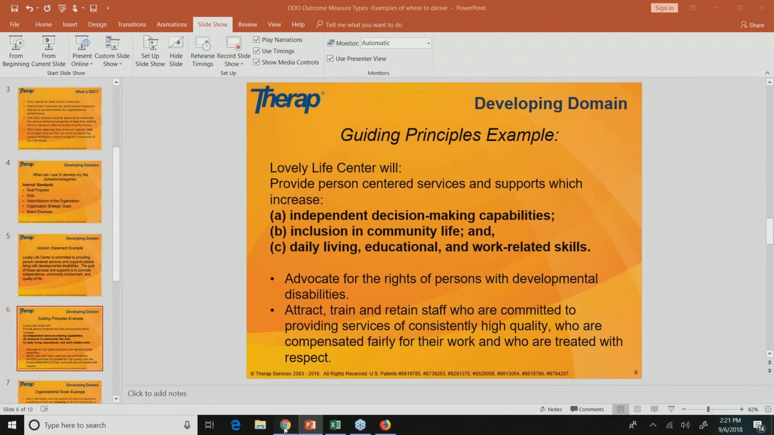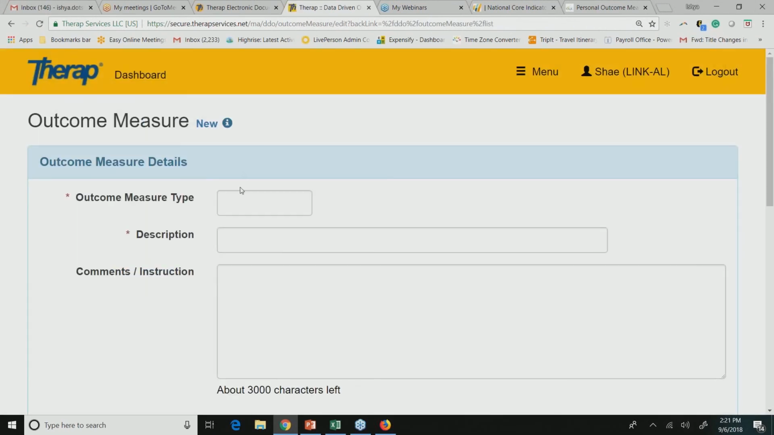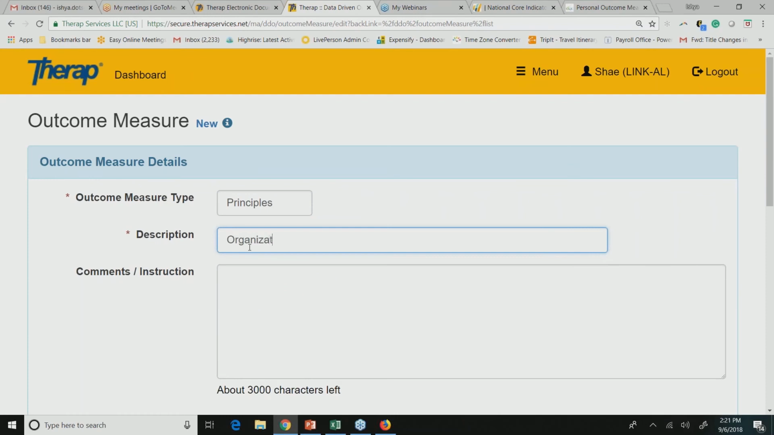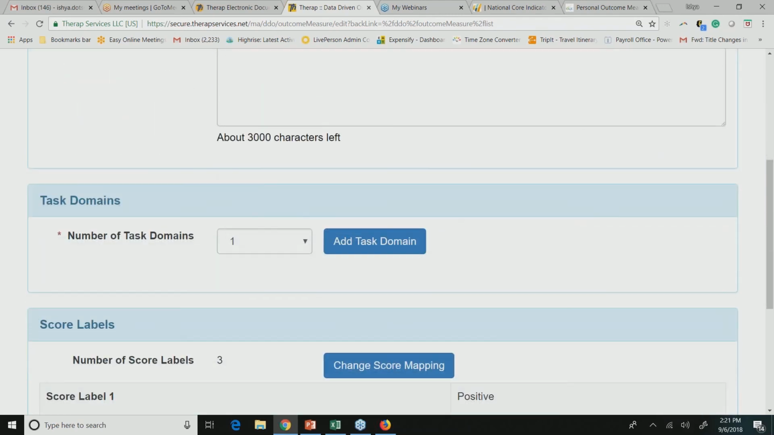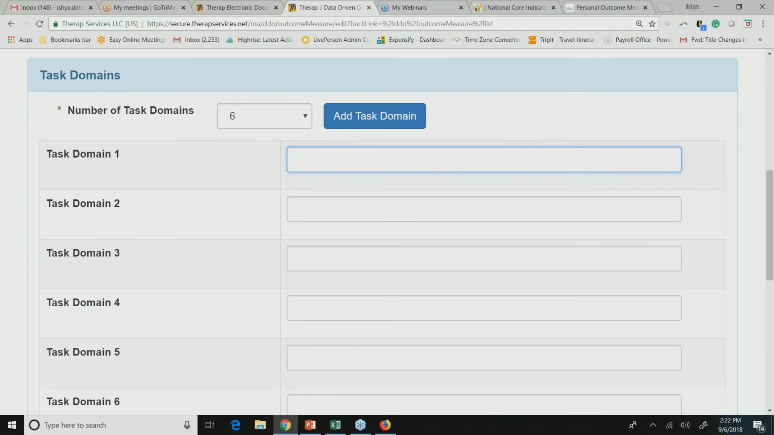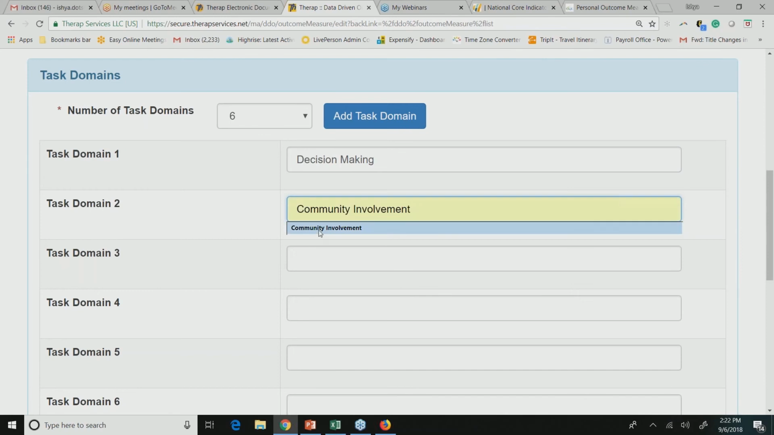So again, I could just go into the account and create that particular outcome measure type and add to that list. This one might be called principles. Well, maybe we'll call it guiding principles. Okay, and so I might come in and put in decision making. I might say community involvement, daily life skills,